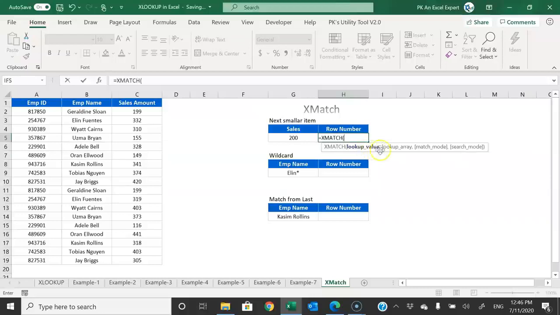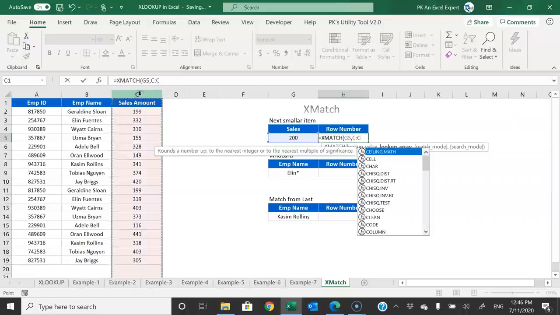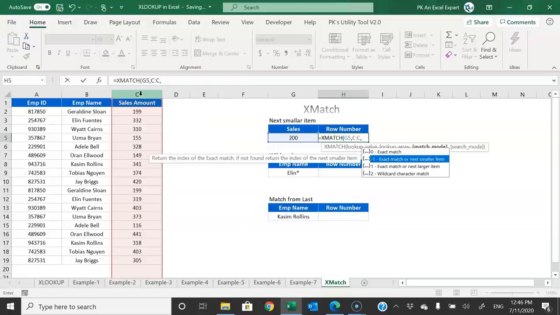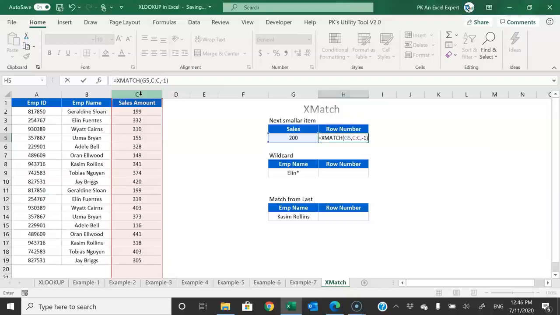This is the syntax: lookup value, lookup array, match mode and search mode. So let's take the lookup value, this one, and then the lookup array will be the sales, comma. The match mode is the same as in XLOOKUP, so we will use exact match or the next smaller item. You can use the exact match or next larger item.